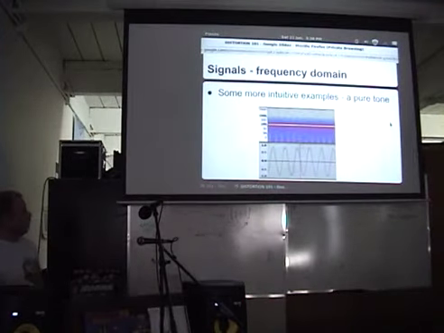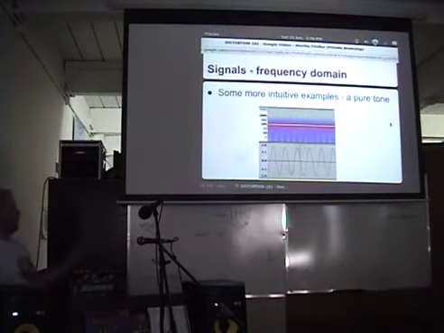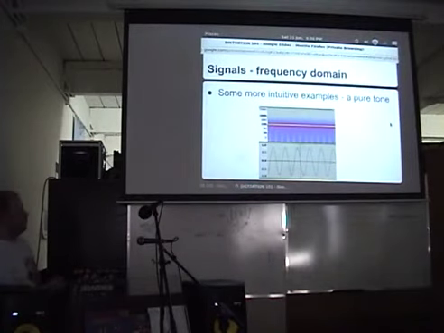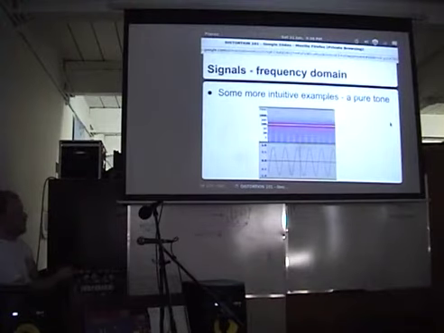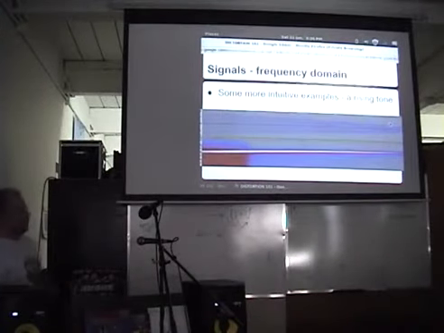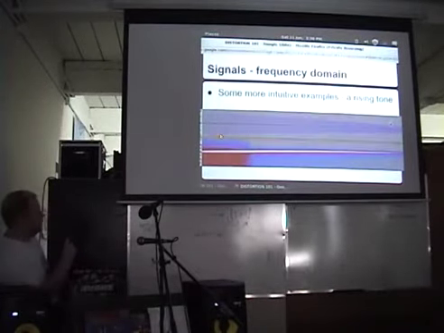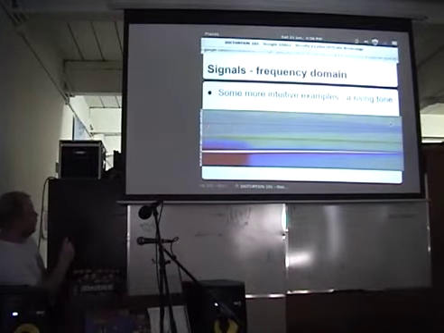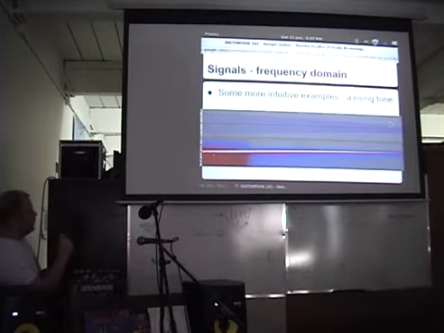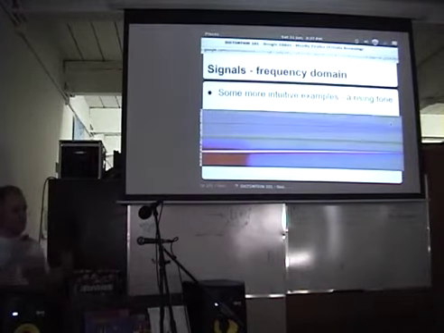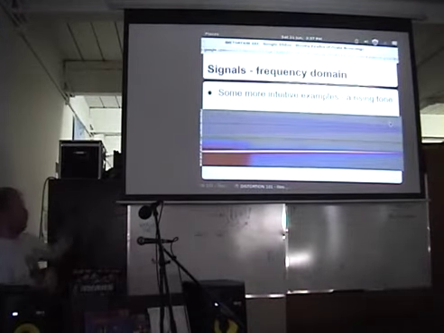So a couple more intuitive examples. Here would be a spectrogram of a pure tone. Try to ignore all this weird noise, this weird color pattern down here. I think that's a digital artifact. But it's just a straight line there, so for all time in this recording, it's just this one frequency. Here we have a rising tone, so it might be hard to see, but the waves are wiggling faster and faster and tighter together, and you can see its frequency is increasing on a log scale, so it looks a little flat, but it's showing you the changing frequency as time goes